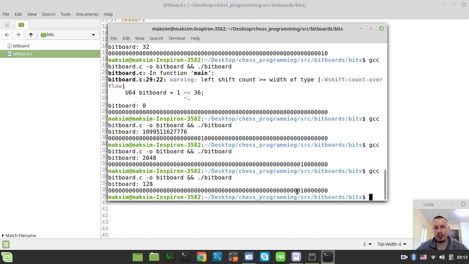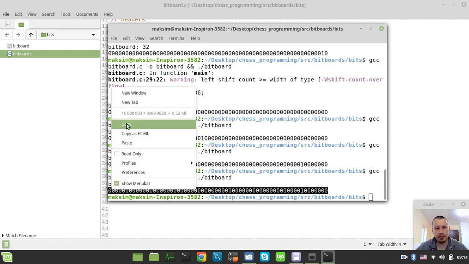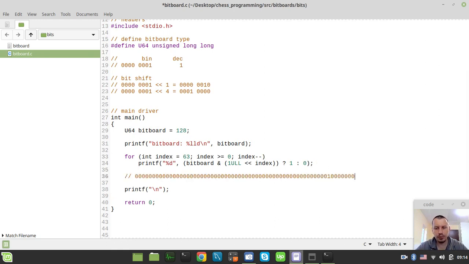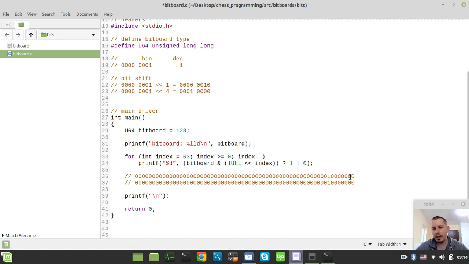But in order to print this in binary, or get where the bit is, we need to generate exactly the same number. So let me just copy this and try to show you this within the commentary section. We need to generate exactly the same number, and then we need to